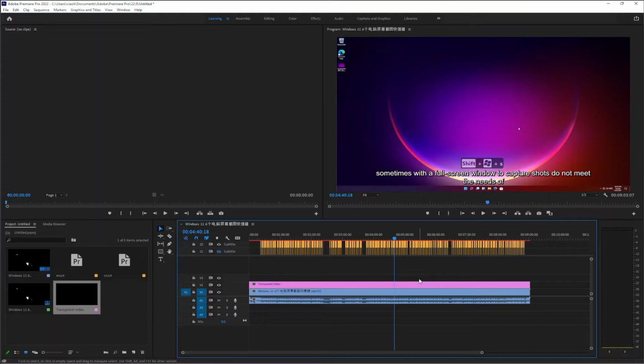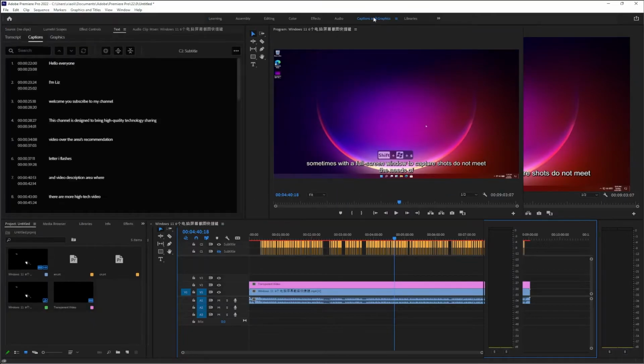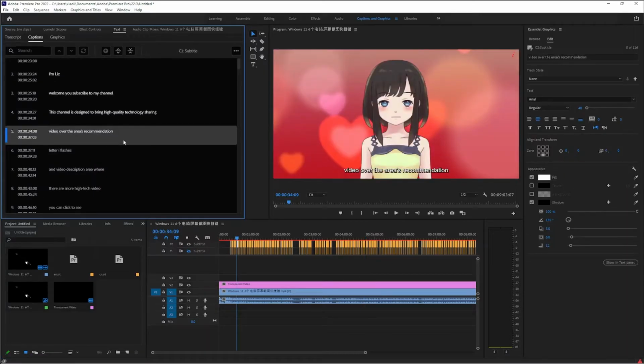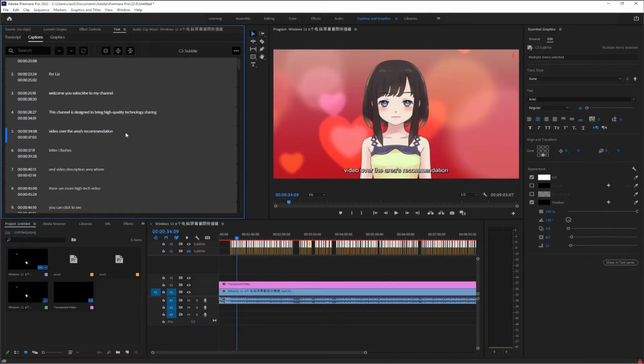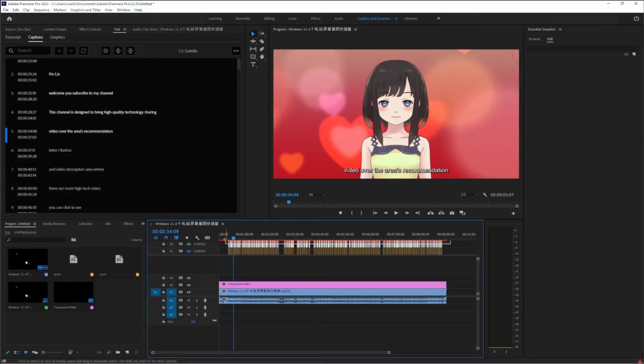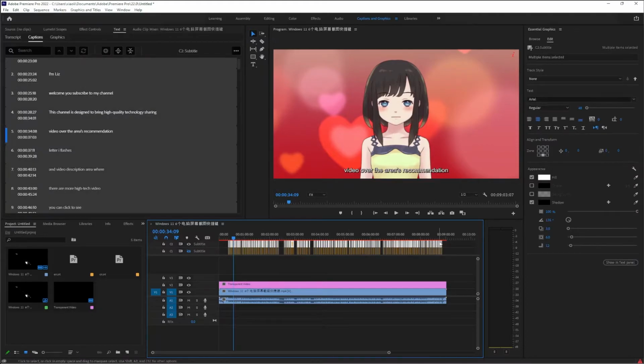Select the Subtitles and Graphics panel. Click on the text section in the upper left corner. Press Ctrl+A to select all text. Or you can use the mouse in the timeline to select the visible subtitle track. Set the color of the subtitles.